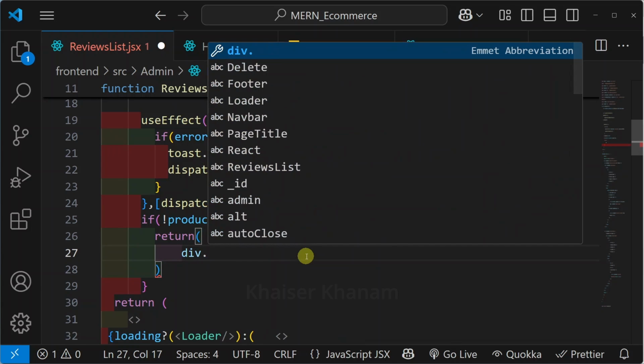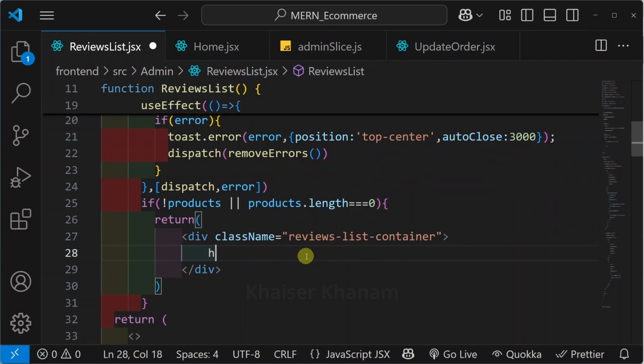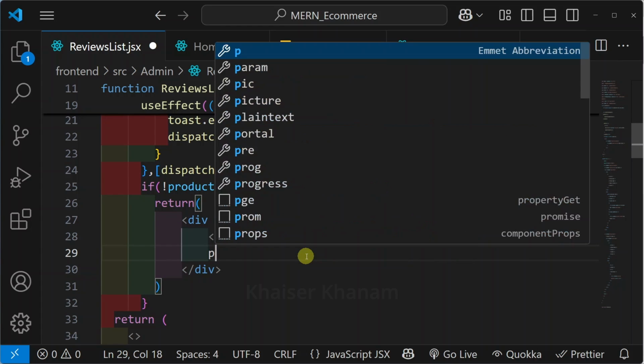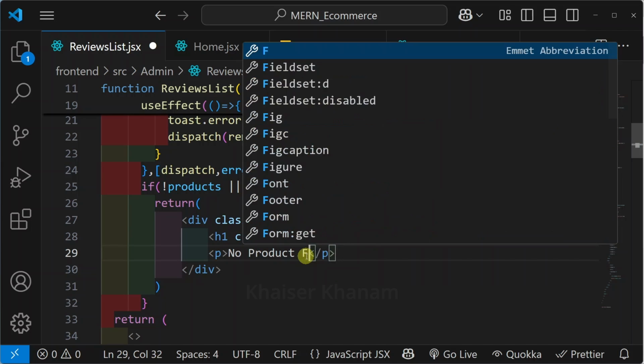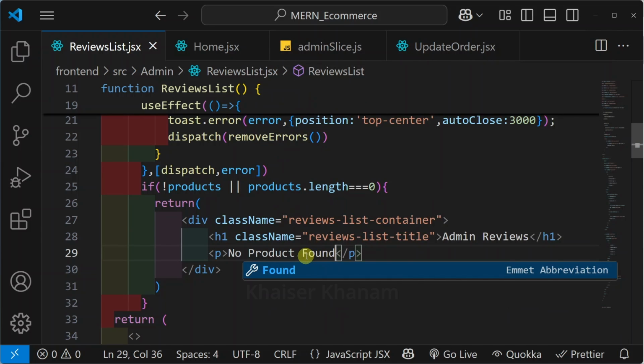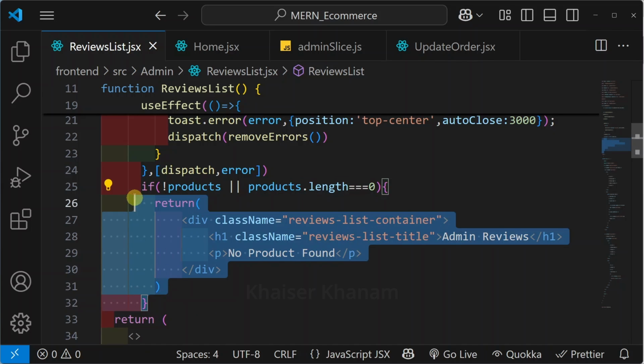I will create div. For this, I will give the class as reviews list container. Inside this, I will pass h1. I will give the class as reviews list title. Title I will be passing admin reviews. And finally, below this, I will create paragraph for which I will give the text as no product found. So in this way, I'm just going to render this message. If you are not having any products and if our products dot length is equal to 0, then simply render